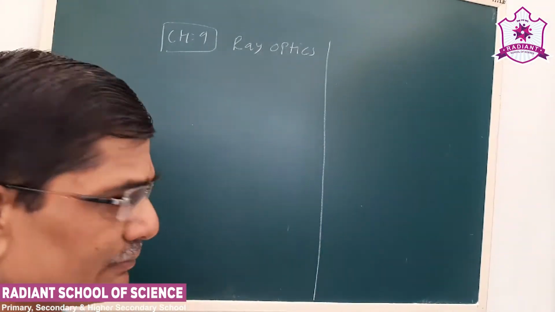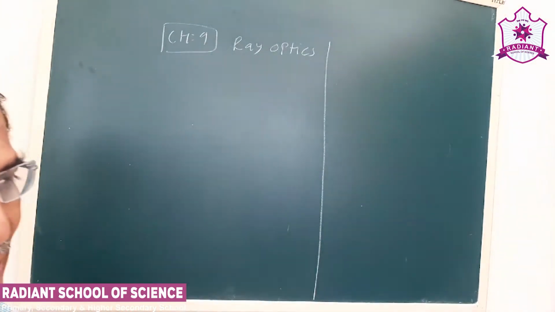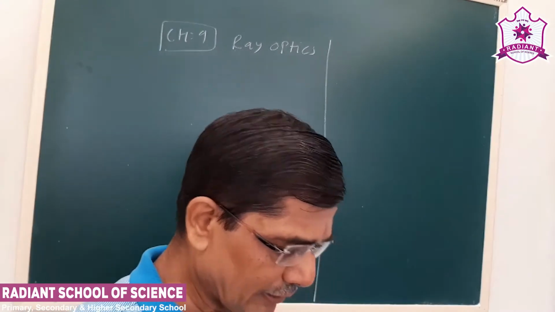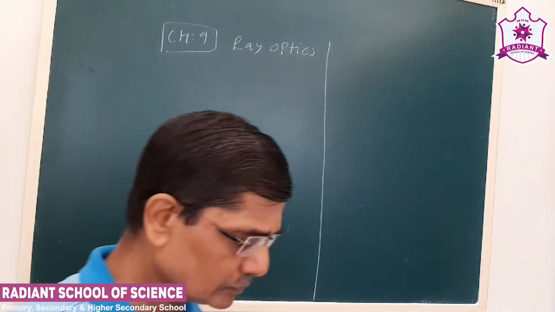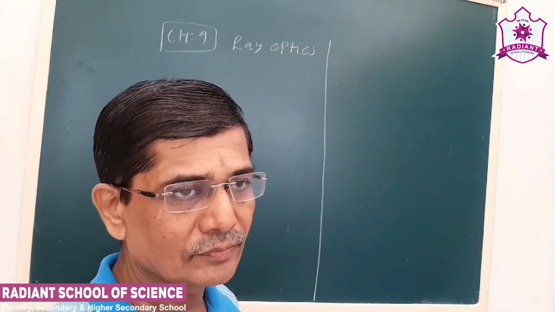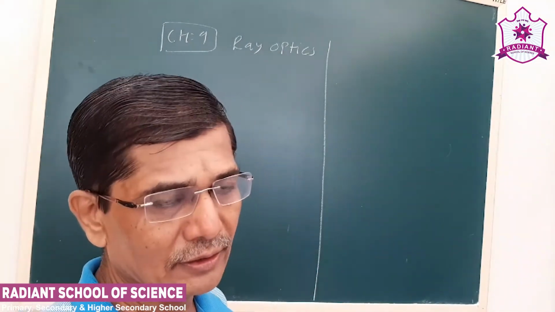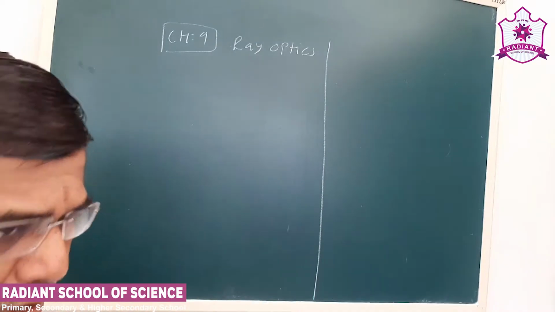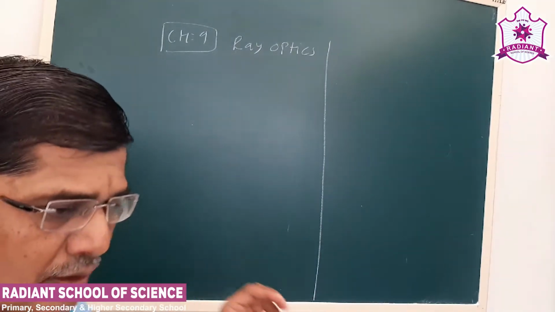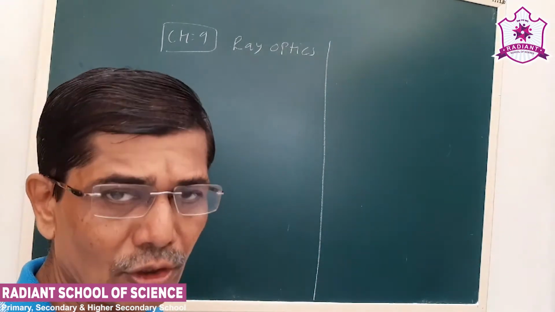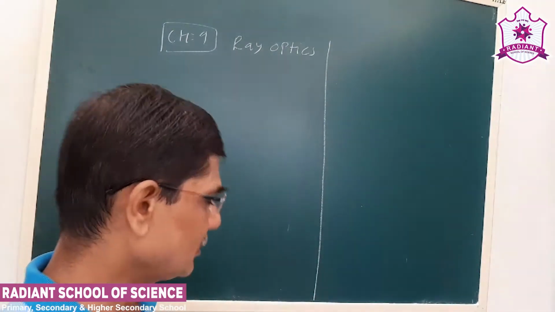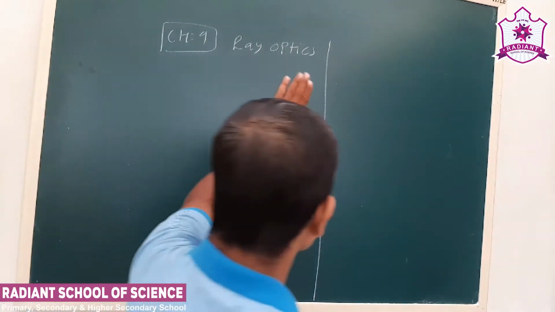We have become familiar with the terms associated with the mirror. Now, depending on the position of the object, we will see where the image is formed. So in an MCQ or numerical, your answer should come accordingly. Now we start with the concave mirror.